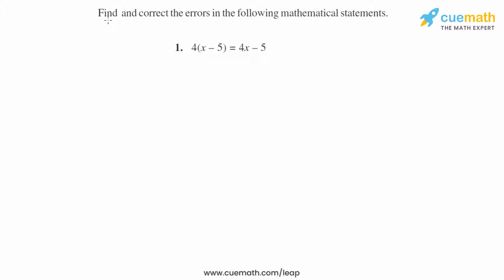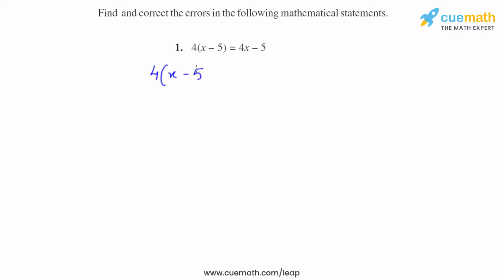In this exercise, the instructions are find and correct the errors in the following mathematical statements. So question 1, 4 times x minus 5 equals 4x minus 5. So we have to first identify the error and then correct it. So 4 times x